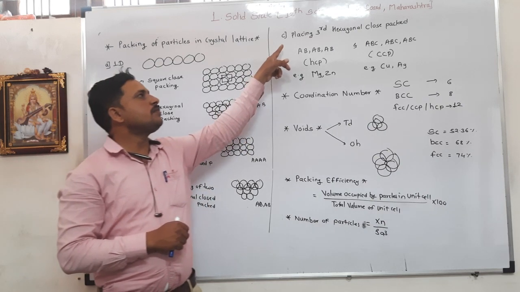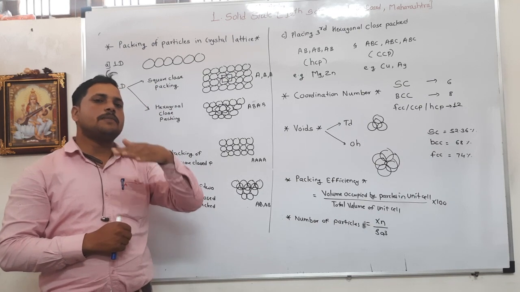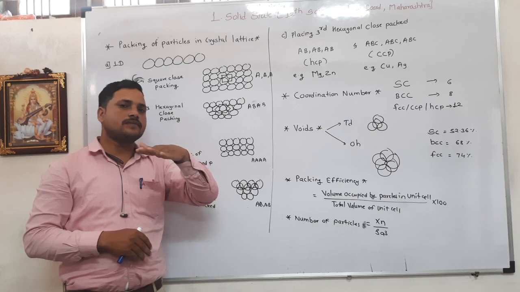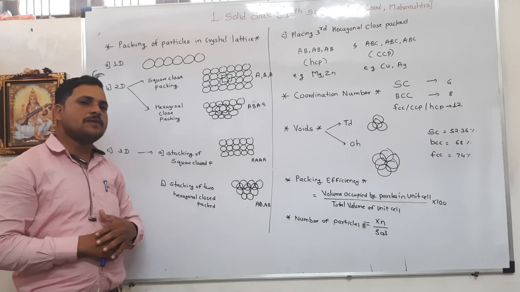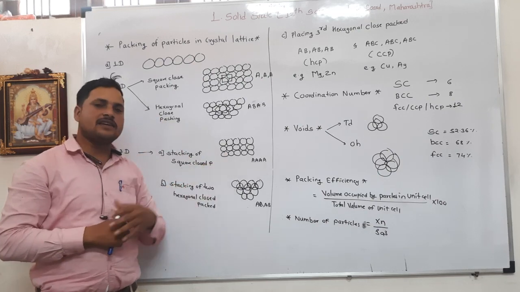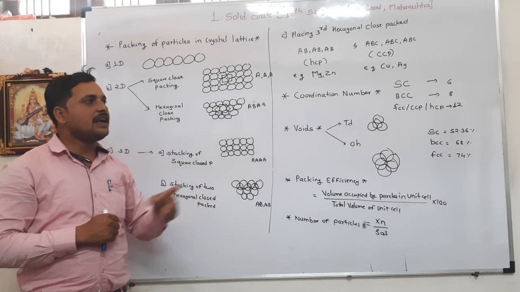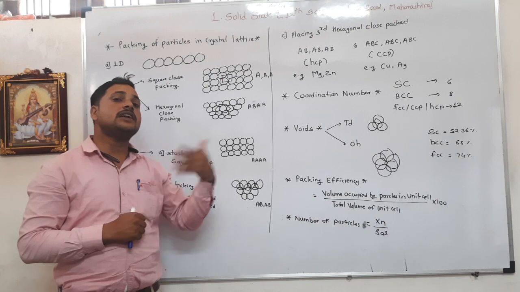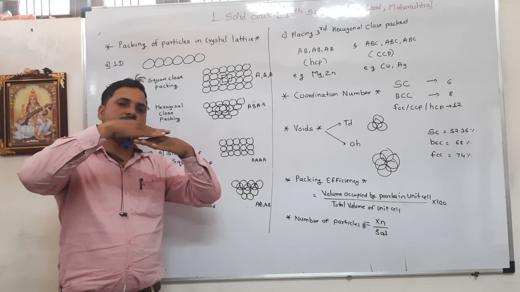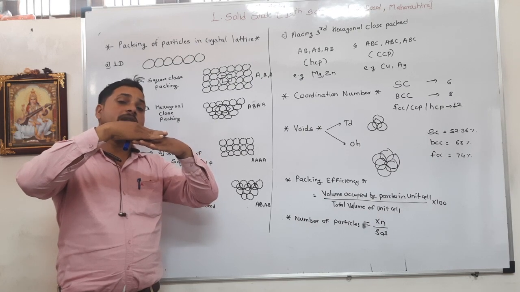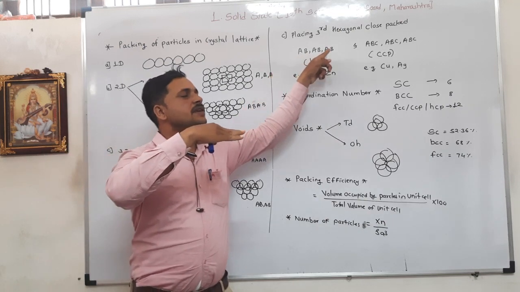And third, most important, placing the third close packed layer. Again consider, in the stacking of square close pack, all layers are the same. In this case, the two layers are different, and in the third step, the third layer is put. The second layer is placed in the depression of the first layer, and the third layer is placed the same as the first. It is known as ABAB type.